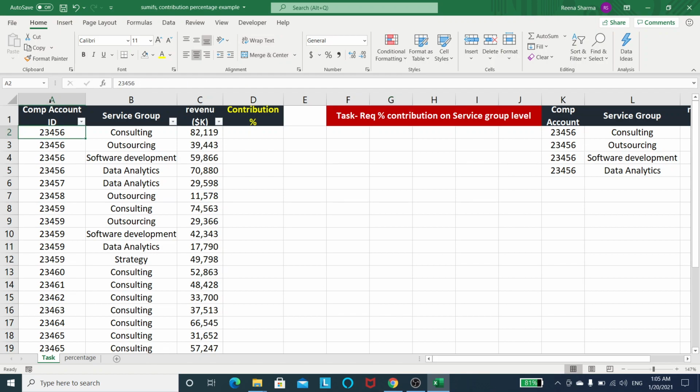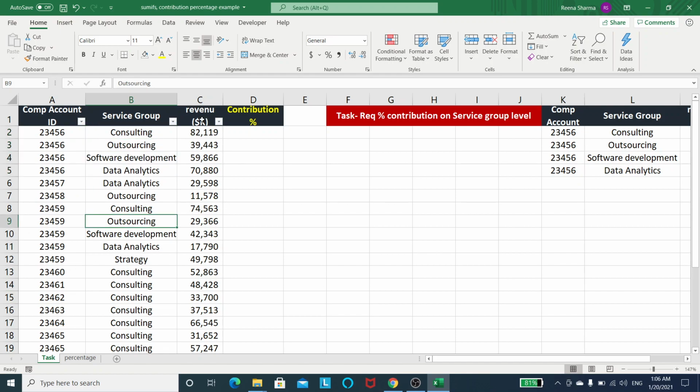Let's have a look one more time at the company account ID first. You will notice that one ID is sometimes repeating. I am not sure how many times. Maybe it can repeat one time, two times, or it is not repeating. Under one account ID, I can have many service groups or just one.